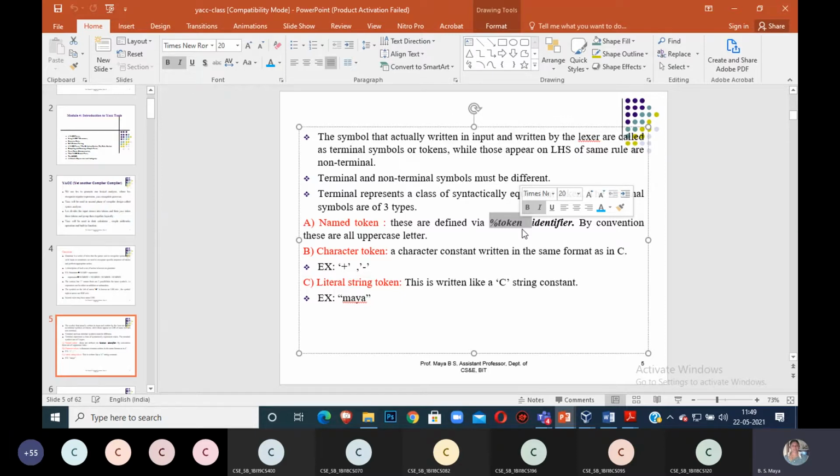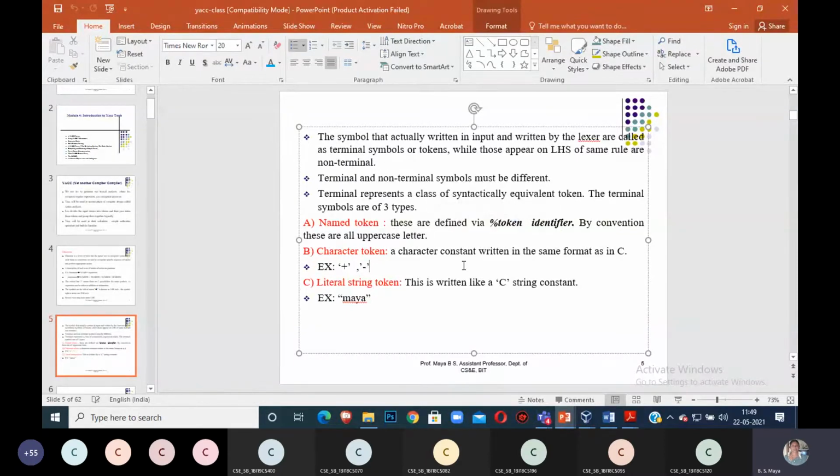So if you are using any token in the YACC program, in the definition section you compulsorily have to write the representation as %token followed by an identifier. The identifier can be the token name. By convention, all the tokens are represented in uppercase letters.